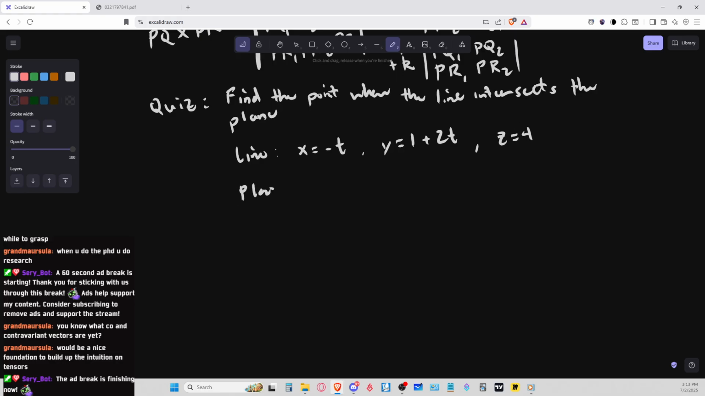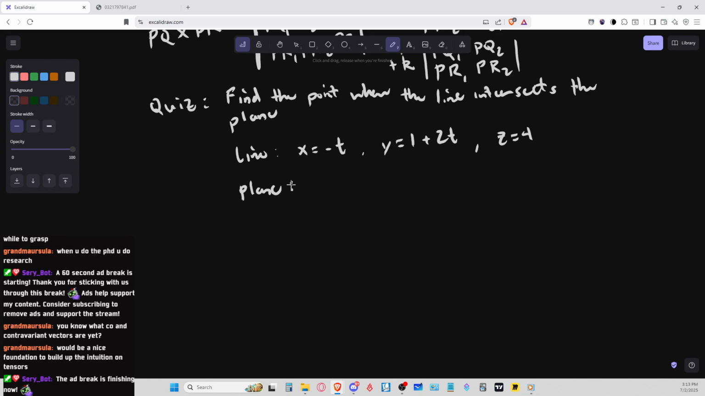And a plane. Oops, that is too smudged. Would be a nice foundation to build up the intuition on tensors. Yeah, I get a little mixed up with them because I feel like I'm closer to understanding what they are. It's just that,